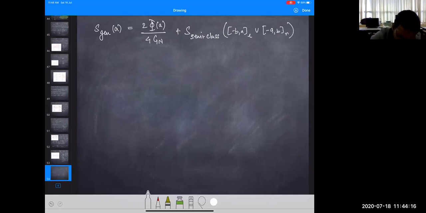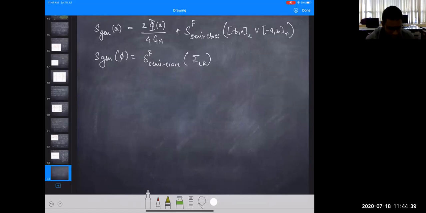These are these two segments. And another kind of contender that we have is just S, sorry. So these are fine-grained entropies. S fine-grained of semi-classical fields on just the region sigma LR. Okay. So these are the two contenders, and the principle tells us that the fine-grained entropy of just L union